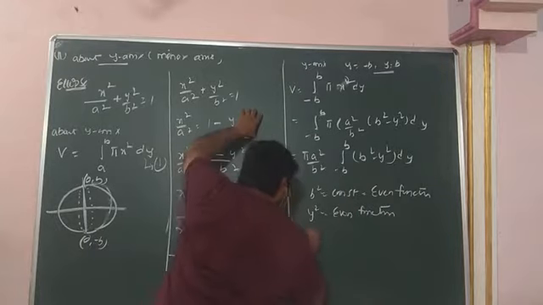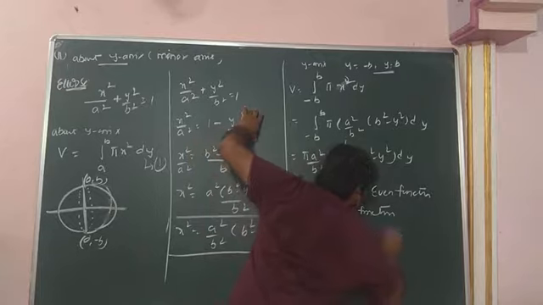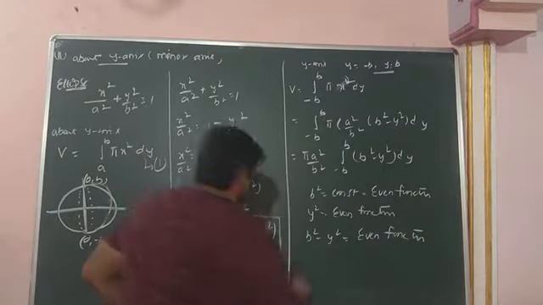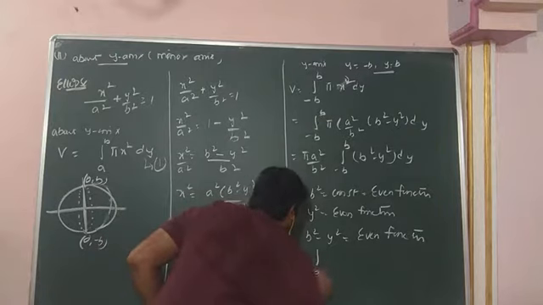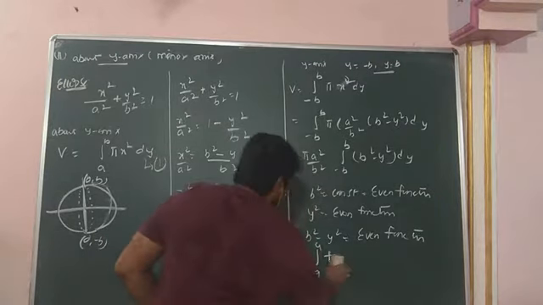So b square minus y square is also an even function. If you write the integral from minus a to a of f of x into dx, okay. So up to this part